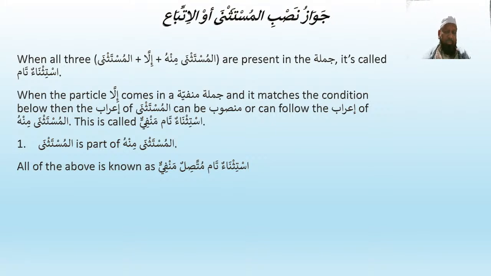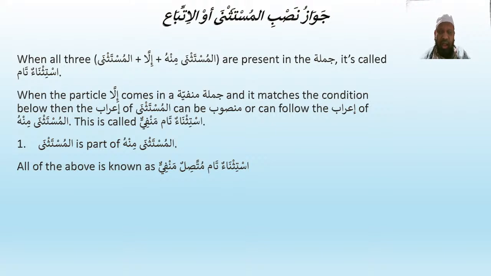If the mustasna minhu is in marfu case, the mustasna is also allowed in marfu case. If al-mustathna minhu is nasab, this can be nasab as well. If the i'rab of mustasna minhu is jar, this also can be in jar case. Okay, this is called istithna'un tamun